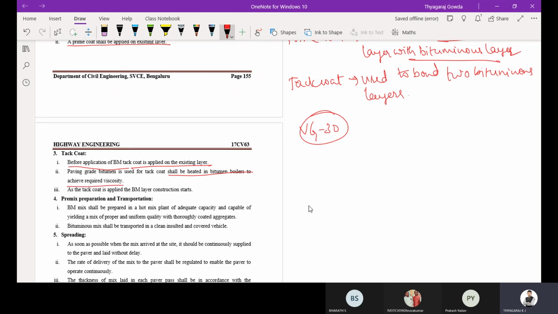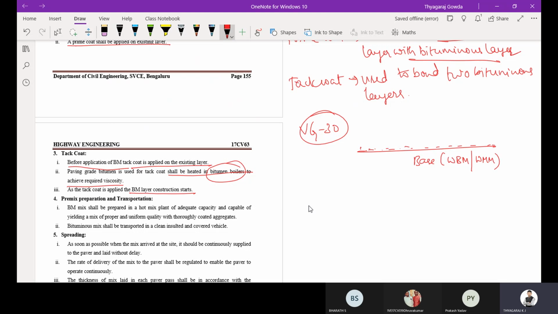As the tack coat is applied on the base layer, that is the WBM or WMM layer, the BM layer construction starts.